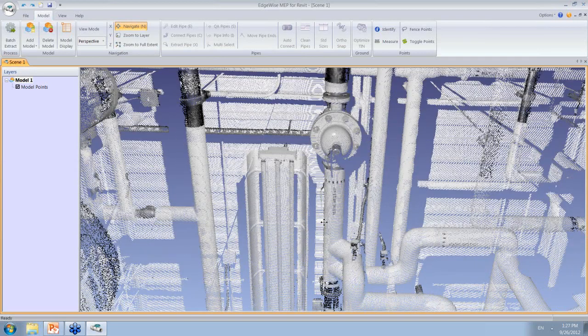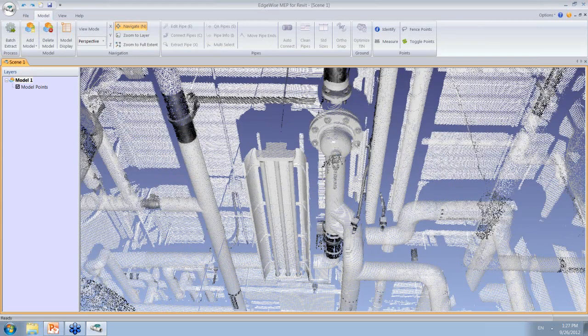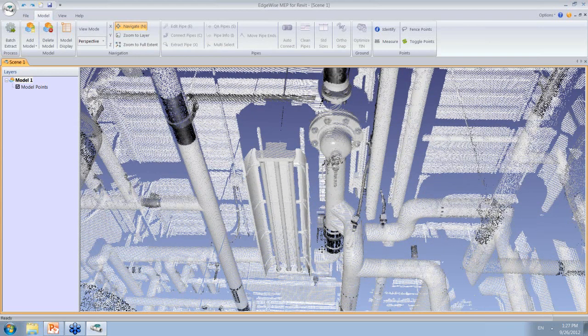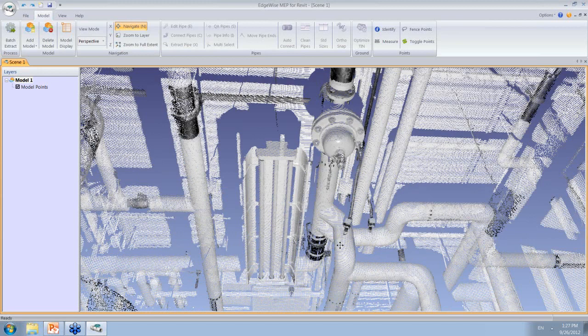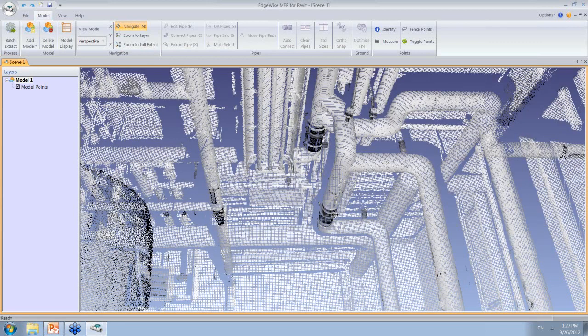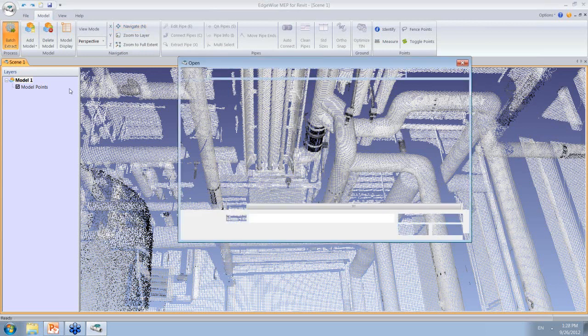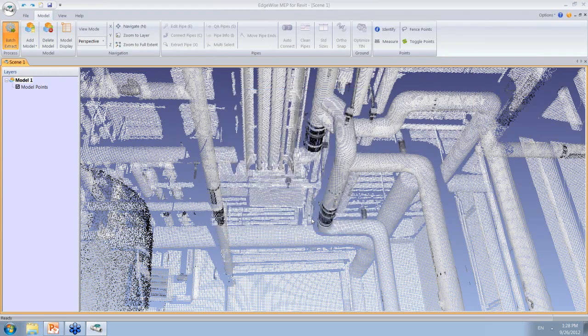So I'm inside of EdgeWise right now, looking at just a real small single scan of a small MEP room. But this will give you a good flavor for what the workflow looks like. The real magic of EdgeWise lies in this functionality right here. I'm going to process the scan and